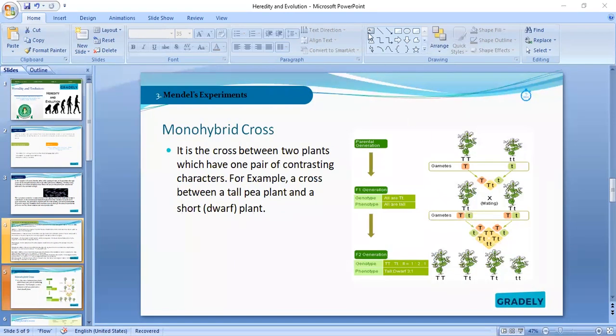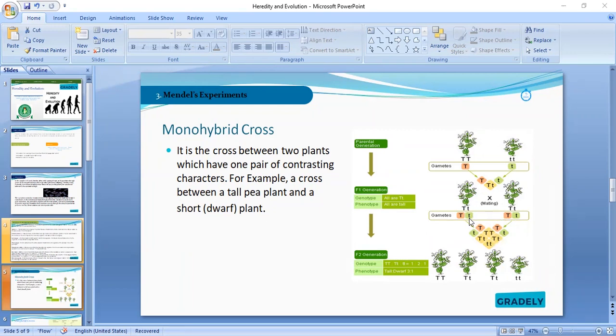Now, there are mistakes students make. Because the small t is coming first, and the capital T is at the other end of the parent, they will say small t, capital T. No, you don't say that. Remember, I told you that capital T is always dominant, and the small t is recessive. So bringing the recessive first before the dominant is not done. The dominant must always come first, must always be in charge. So when this small t crosses with this capital T, we have capital T small t.